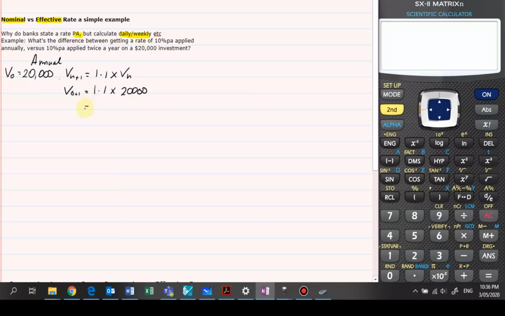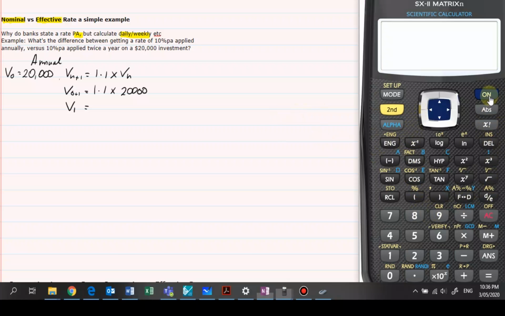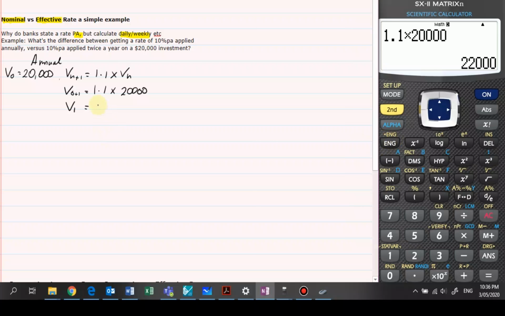Okay, and we find that V1, after 1 year, go over here to our calculator, turn that on, 1.1 times $20,000, you have in the bank now $22,000. Okay, now when we apply this rate biannually, twice a year,